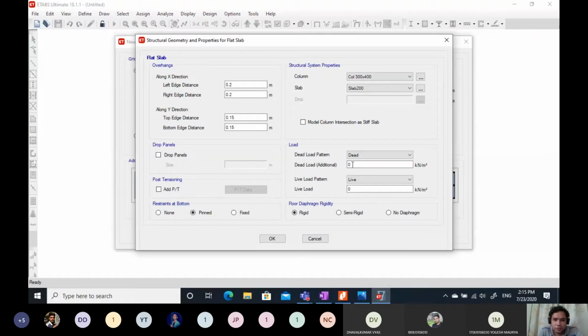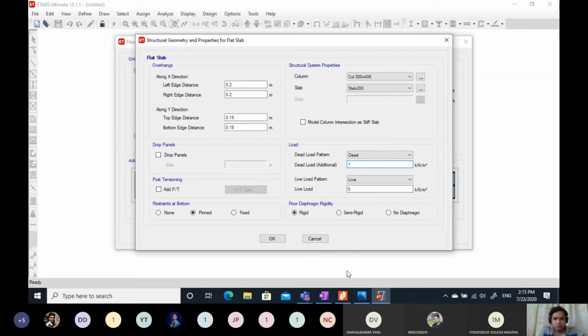Next thing is load. By default it will calculate the self weight, but we have to add the additional dead load, that is floor finish. In that example we have considered 1 kilonewton as floor finish.